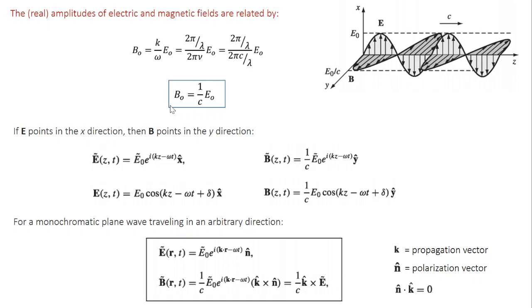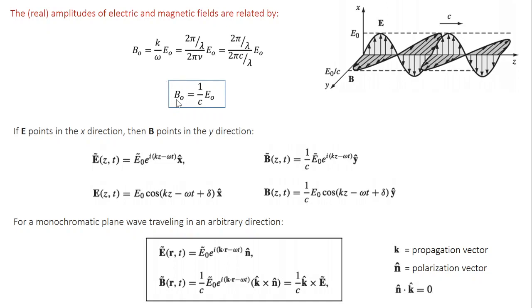For example, when you talk about polarization of light, you discuss in terms of direction of electric field. Similarly, when you talk about intensity of light, you specify it in terms of strength of the electric field. When you talk about absorption of light, you specify in terms of attenuation of the electric field. Finally, when you talk about processes like reflection and transmission, all the equations are written in terms of the electric field, because the magnetic field is very weak, which makes it very difficult to measure experimentally.